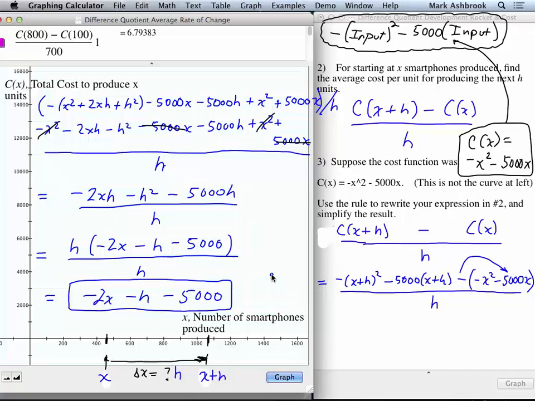All right, so what does this give us? If I put in an x, our starting number of smartphones, and h is, what did h mean again? How many additional